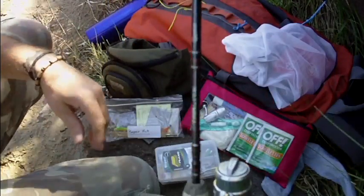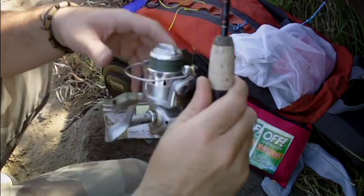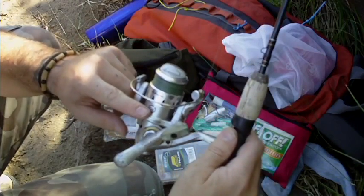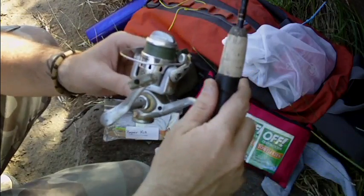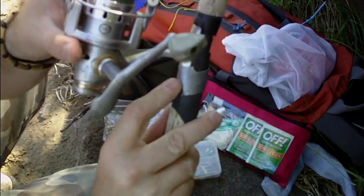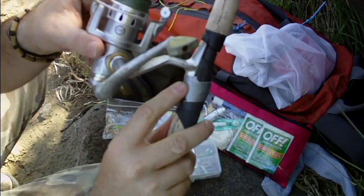Alright, so just getting my rod rigged up here, and I brought along a different reel this time than I usually carry backpacking. I've got my backpacking rod, but I brought along a different reel and ran into a little problem here. I don't know if you can see this. It doesn't fit in the reel seat. I never checked that before. I've never used this reel with this rod before. So